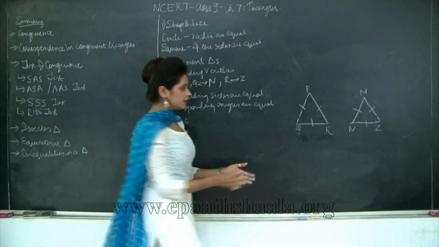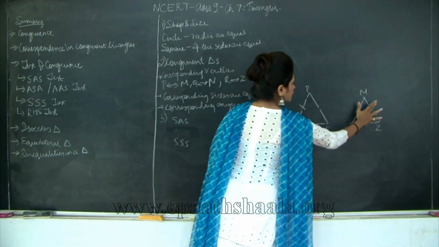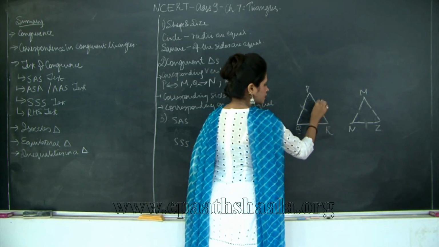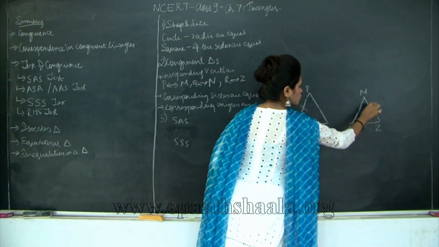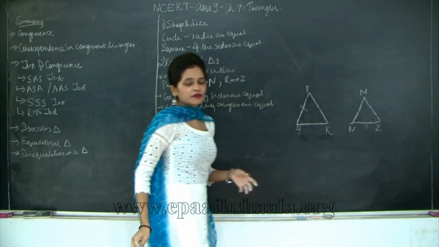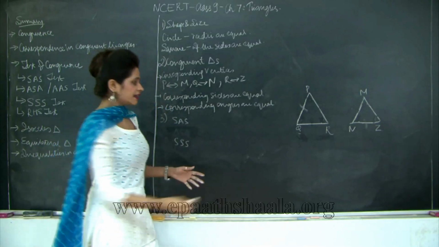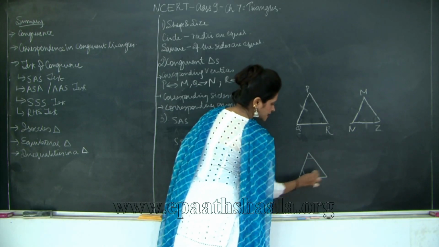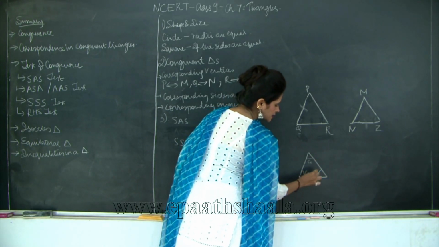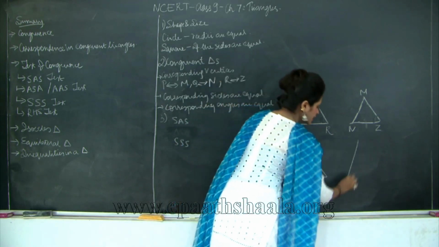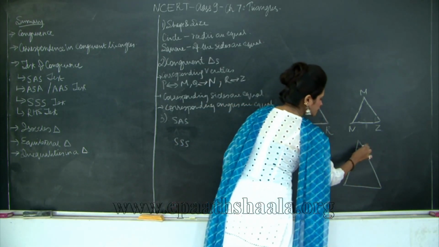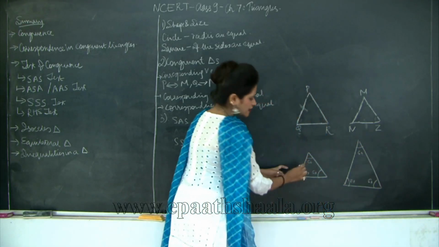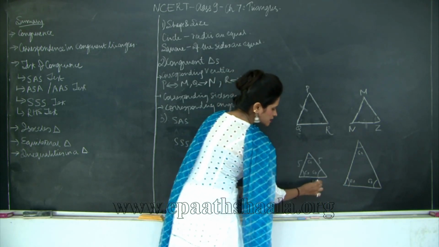Now, for proving any two triangles congruent, we need three factors. Out of these three factors, it is essential that you should have at least one side given as equal. If you have been given three angles equal of two triangles, suppose each of these angles is 60 degrees, I can draw another triangle with the same measurement, 60, 60 and 60, where each side would be 5 units.